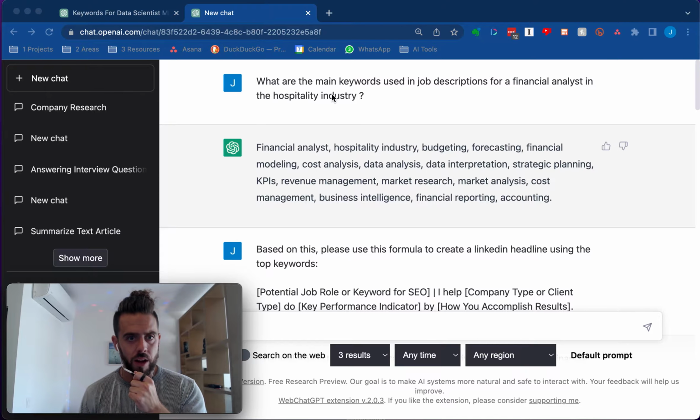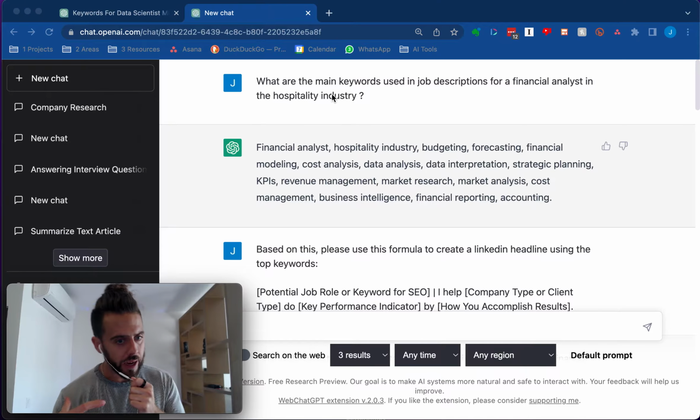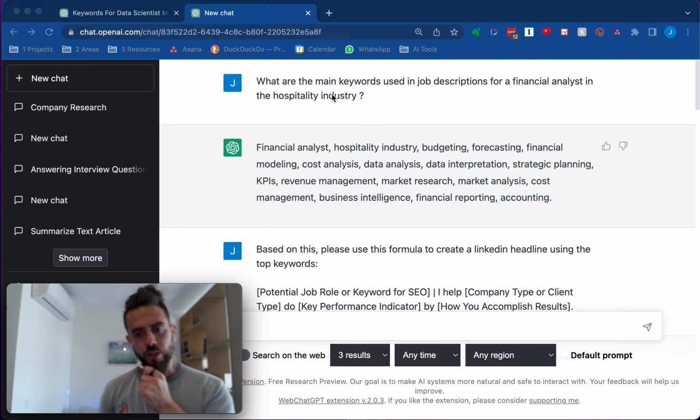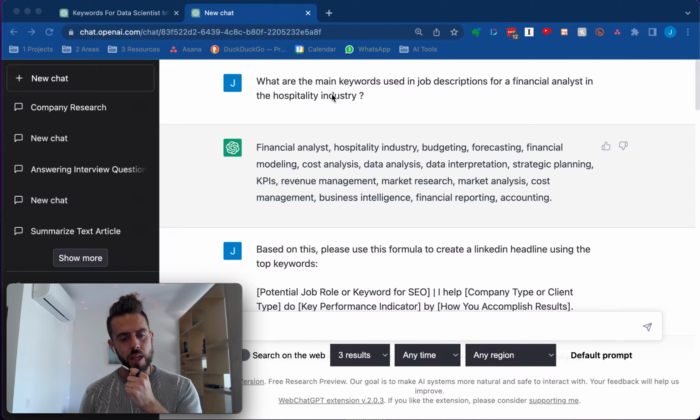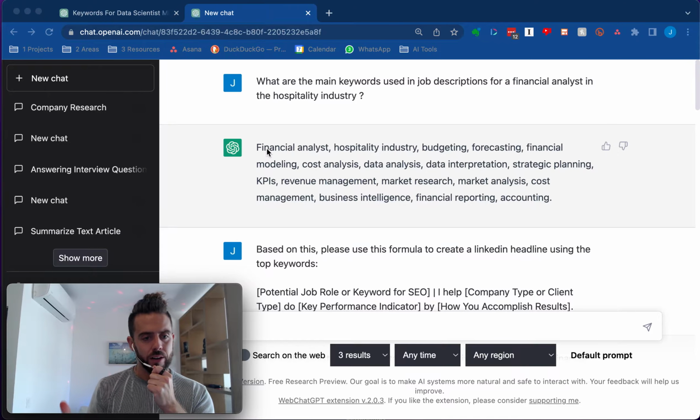So let's just dive right in. One of the first things that I try to consider as a career coach with my clients about LinkedIn is how are they leveraging keywords? Because LinkedIn is SEO searchable, SEO optimizable, meaning a recruiter searches for a keyword or searches for something like financial analyst, you will show up a certain way in the algorithm based on the way that that keyword is optimized